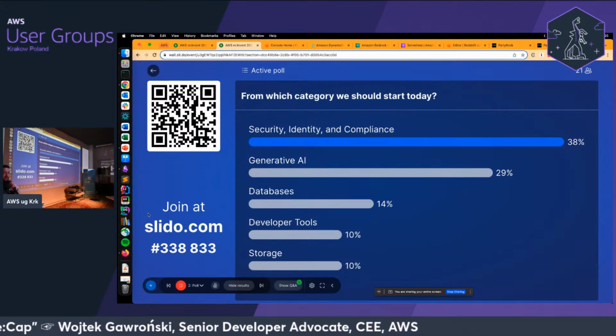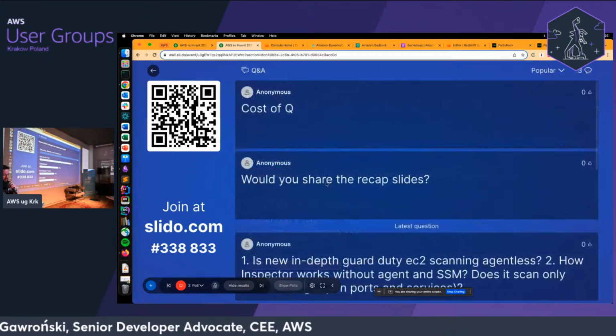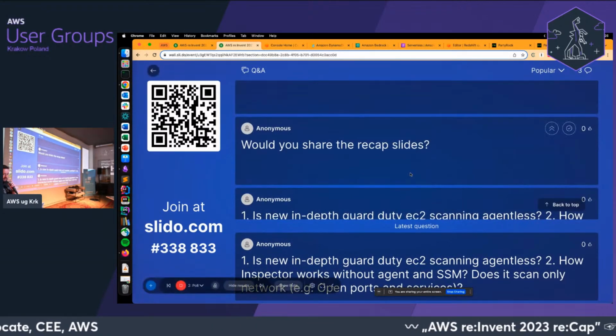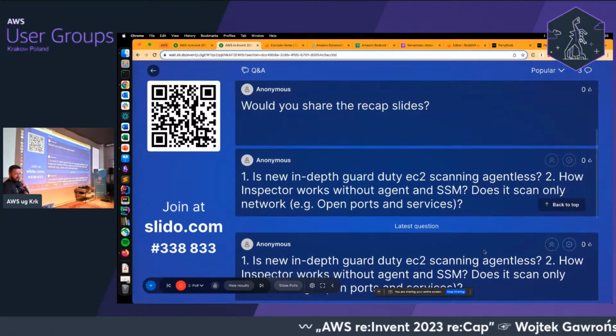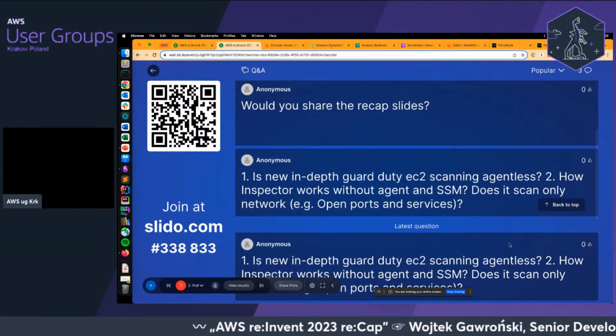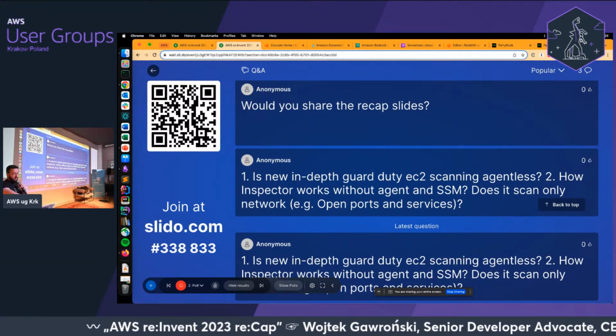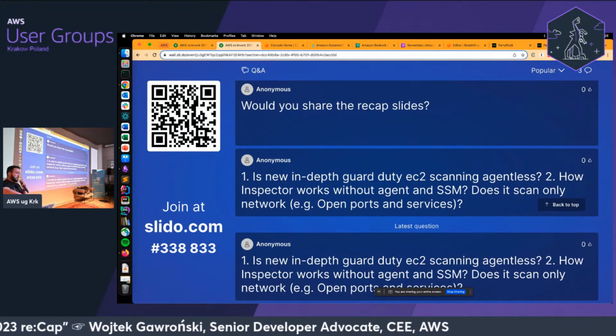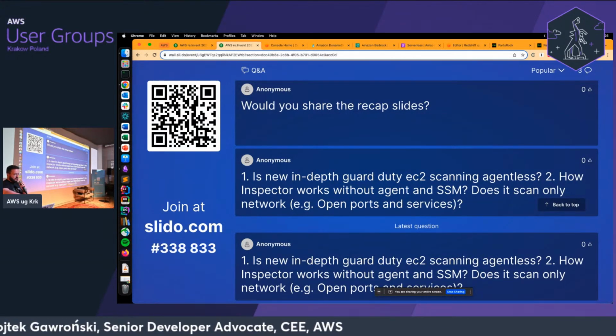Would you share the recap slides? Yes. In the new in-depth GuardDuty EC2 scanning, is it agentless? As far as I know, yes, but I need to check and refer to the documentation. I don't want